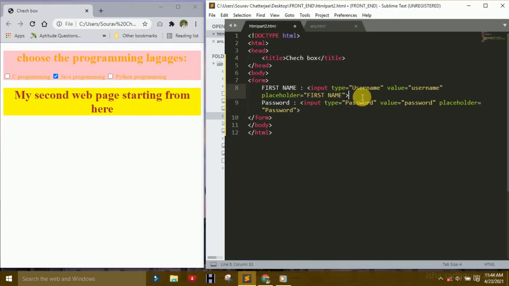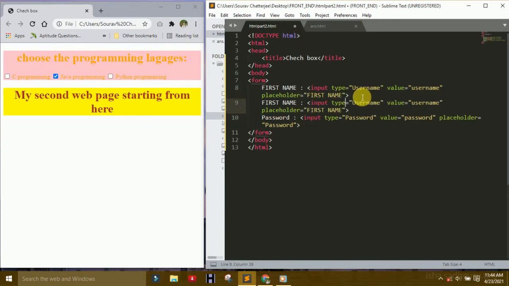Also you use last name. Okay, last name. First name, last name. It's better to understand what is first name, last name.